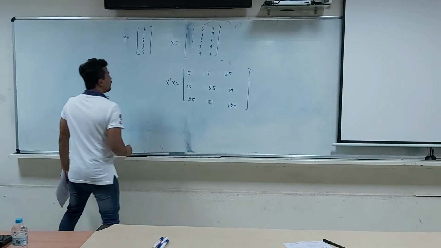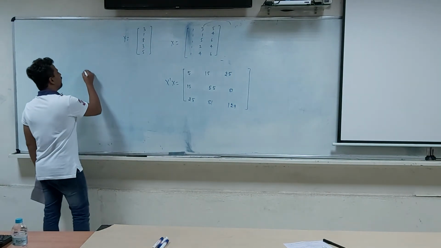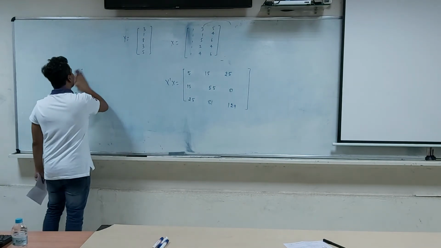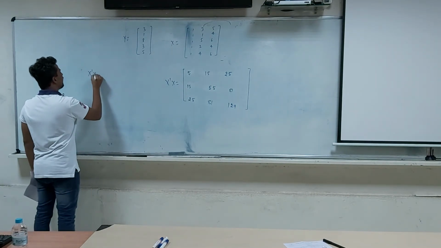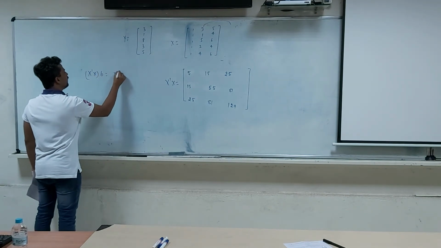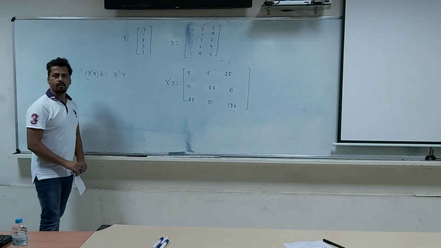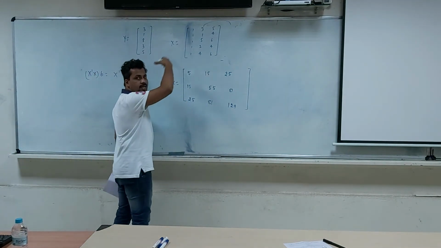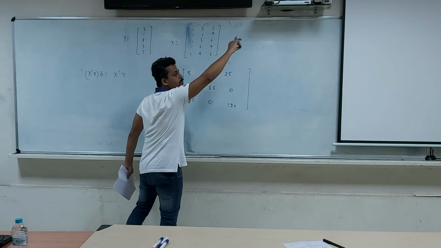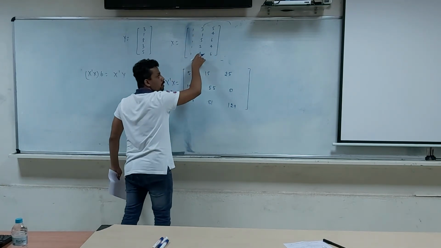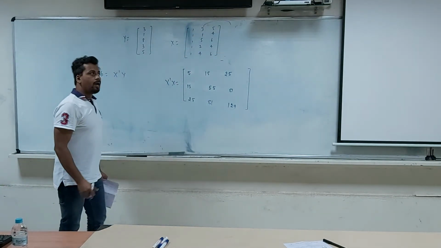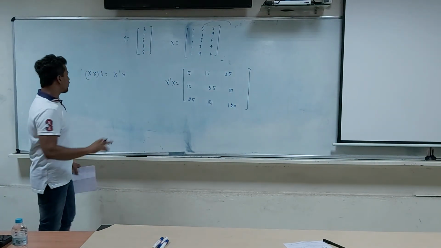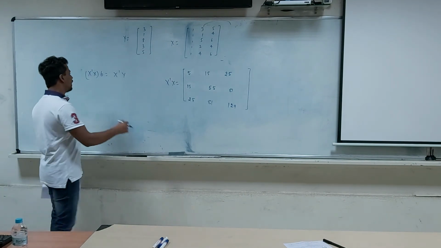Now what is our beta? Our b, or the solution that we had got, was x transpose x b is equal to x transpose y. So I need x transpose y also. This is my x; if you transpose it, the first row will be the column of ones, the second row will be this column, the third row will be this column, and this x transpose is multiplied by y. Simple. So I'll just write the x transpose y.